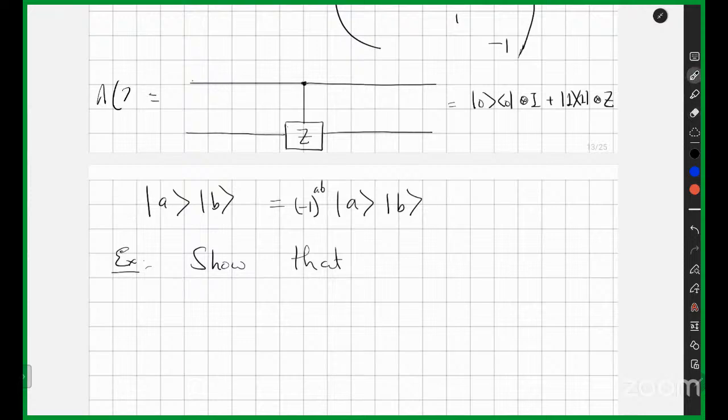This is called lambda. Lambda is the control. Okay, so that this lambda Z